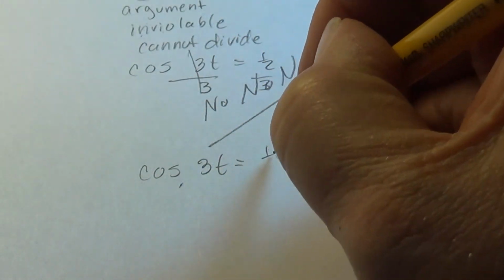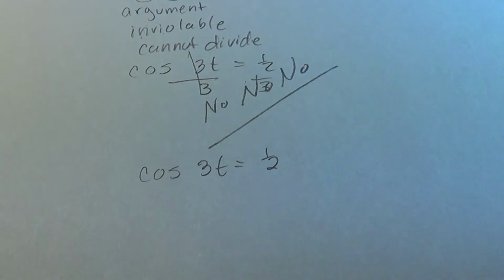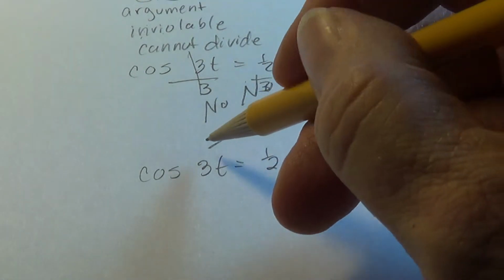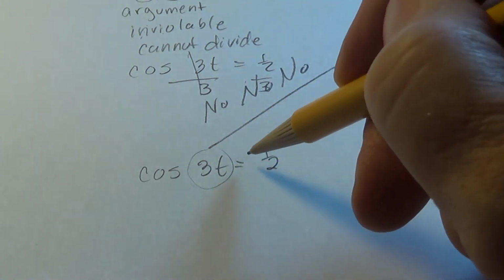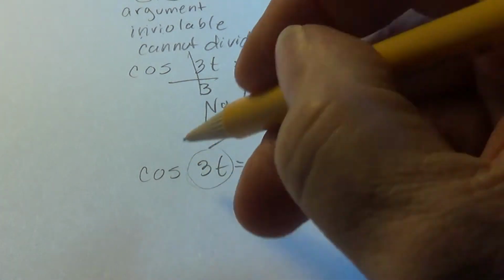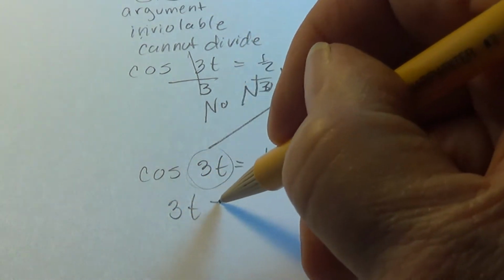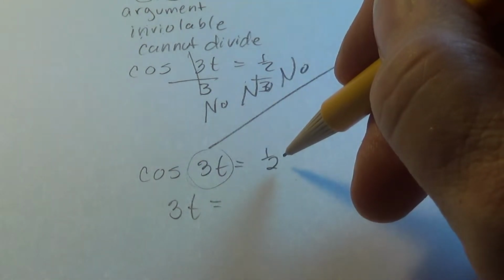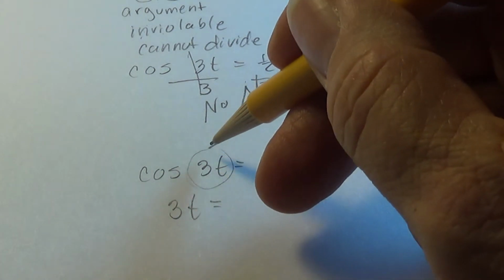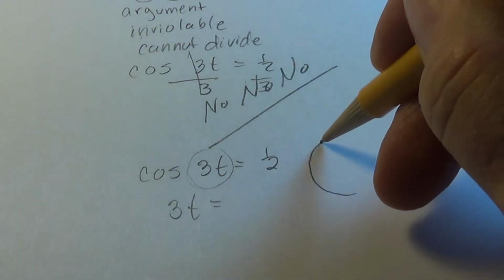Go back to this step. What we can do is we can say, well, the cosine of something equals 1/2. So this thing, even though it's tripled, has to have a cosine of 1/2. So what must it equal? Well, we do it the same. We look at the